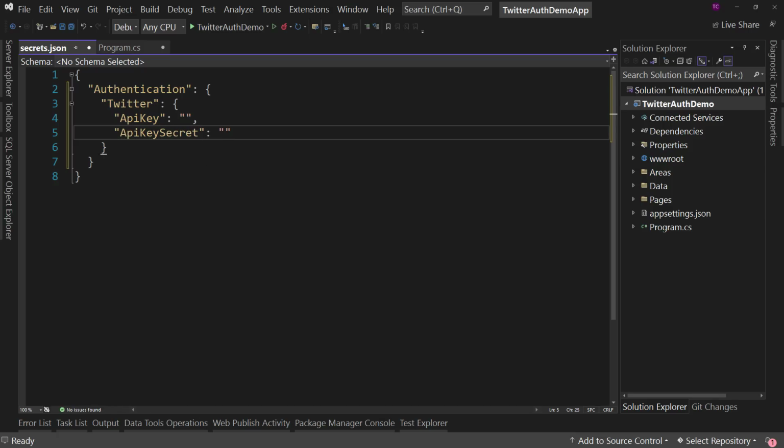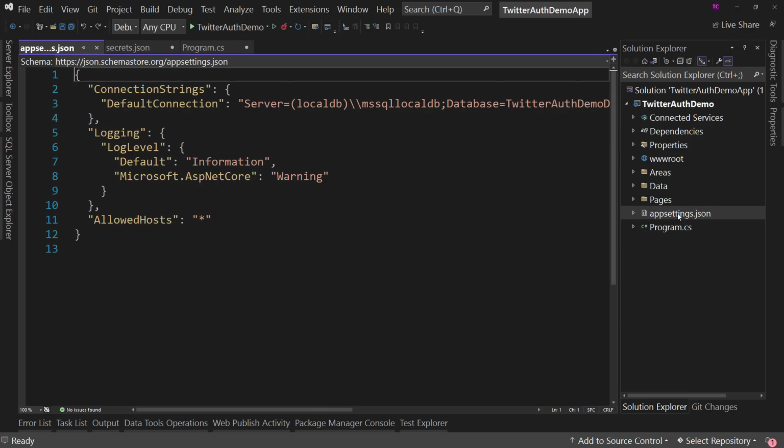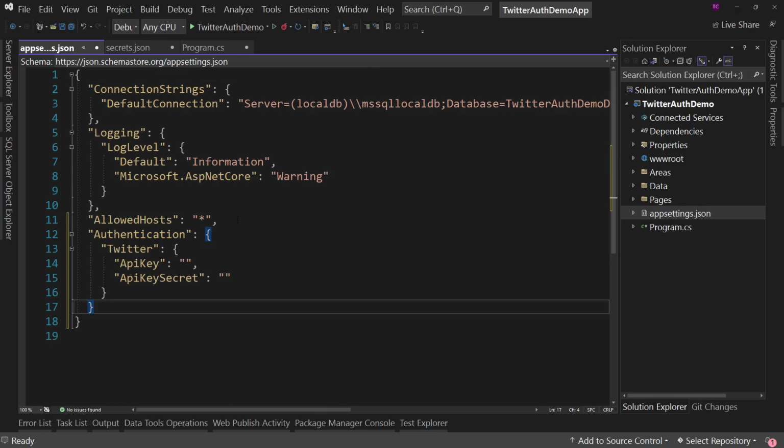And the API key is going to be this value. Actually, before I do that, I'm going to copy this section right here. I'm going to put it into appsettings.json. And the reason I'm going to do this, I don't have to do this, but I'm going to do it